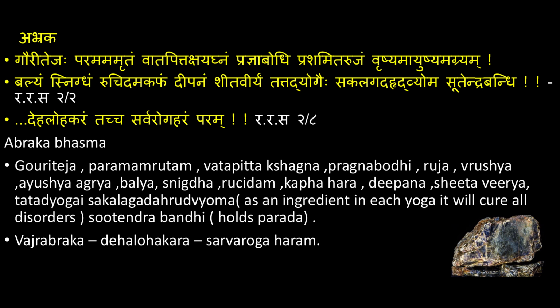And added to that, the Acharya is explaining about the drug as Prashamita Rujam. It is a very good analgesic as such. It is Vrushyam Ayushyam Agram. So it is Vrushya, because Rasayana in the sense Rasavahasrotas, when you see the Rasa Dushti Lakshana, you have the condition called Klaibyata. So even there you need to address. So one thing is that it acts as an aphrodisiac. Added to that Rasayana, and also Ayushyam Agram, it is going to increase the Ayu.